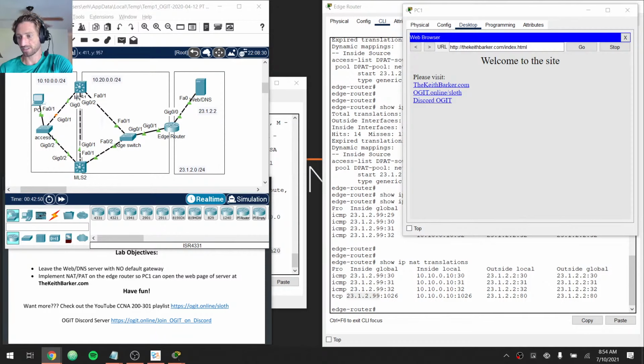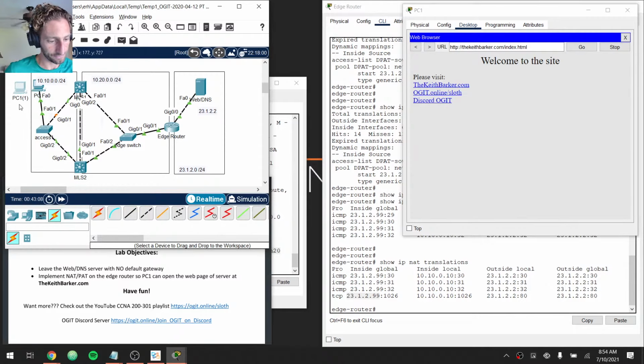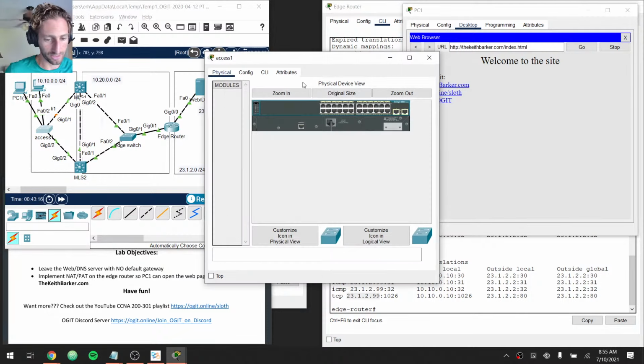Cool. So Firmal asked a good question. If there's a second PC, does this mean that it'll have a different port number when pinging the server? Yes. In fact, I know there's a way to duplicate a device. There it is. Let's actually do it. So let's connect this guy to the switch. We're going to have to make sure that the switch is configured so that the new port